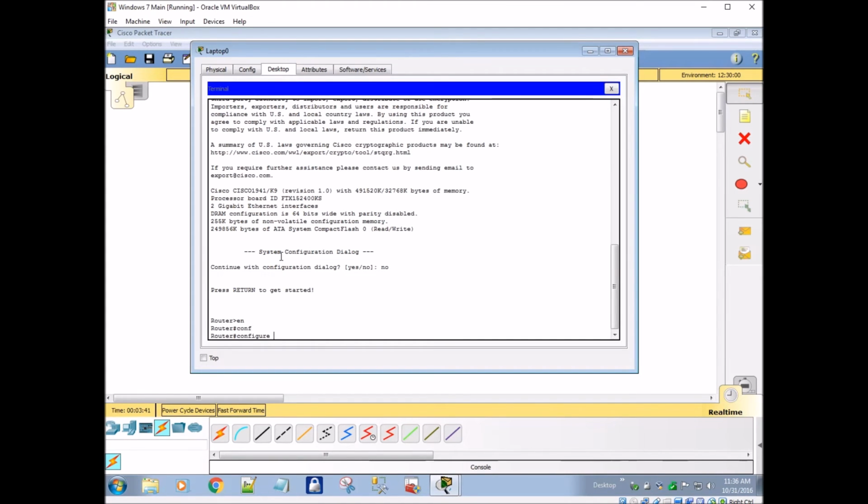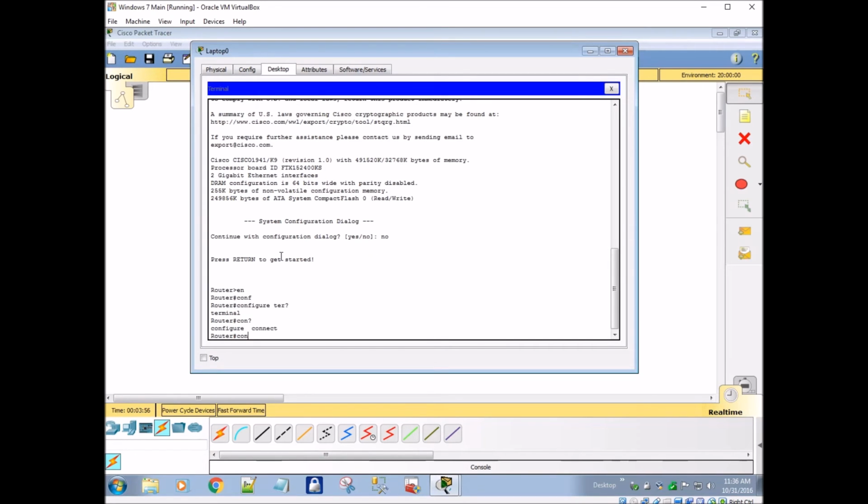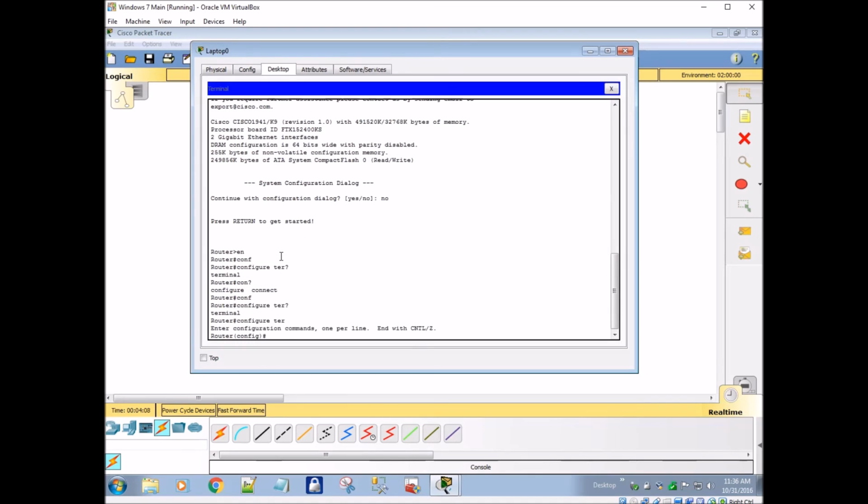If I've typed it in enough to where it's the only command available, I can go configure, and then TER. If I put a question mark in there, it's going to tell me my options. So for example, if I type CON, and you're going to learn this throughout the course, I'm just doing this now so that you see what's happening. If I type CON and type question mark, it's going to say I've got two options, configure or connect, and I don't want to connect, so I'm going to type, to make it unique, CONF, tab key, TER, that's unique, so I can just tap enter.